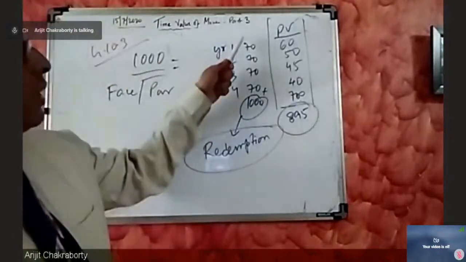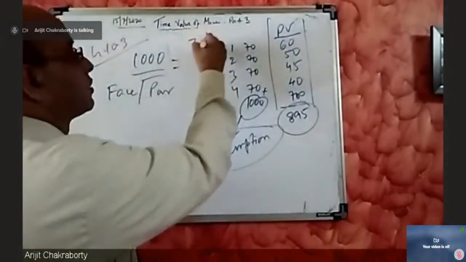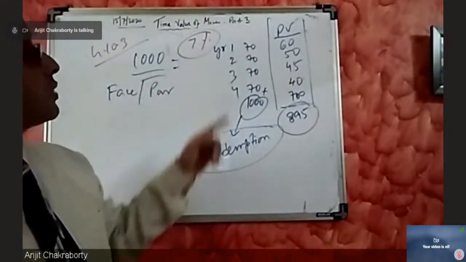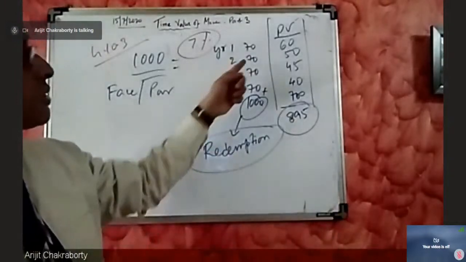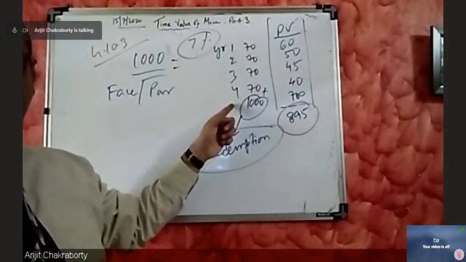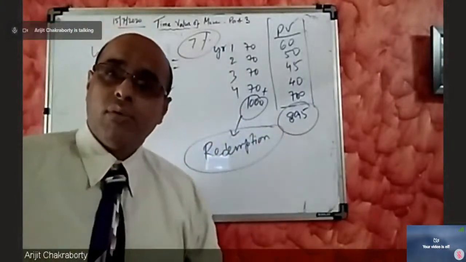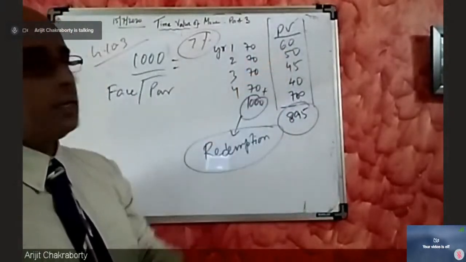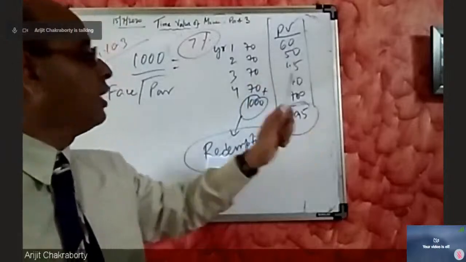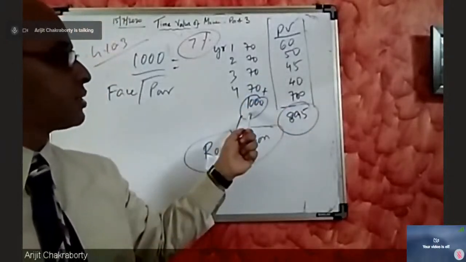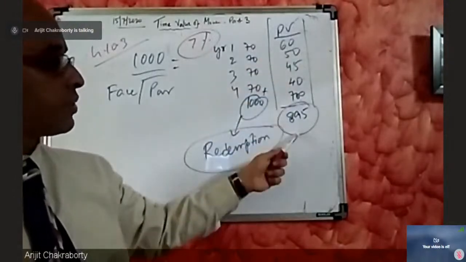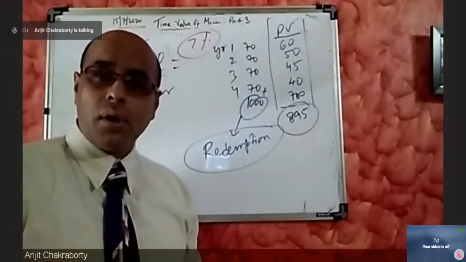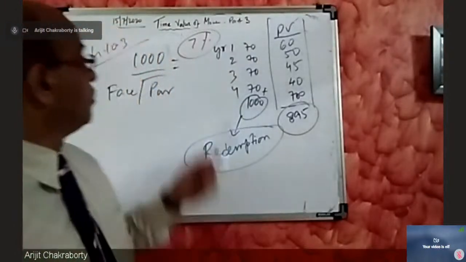Okay? The interest is 7% on the face value of the bond, right? The 70 rupees interest in the first year, 70, 70, 70 and 1,000 back in the fourth year. But when you are computing the present value, say this is the value: 60 for first year, 50 for second year, 45 for third year, 40 for fourth year and 700 is the equivalent of 1,000. So if 895 is your total returns on a present value basis and you have paid 1,000,